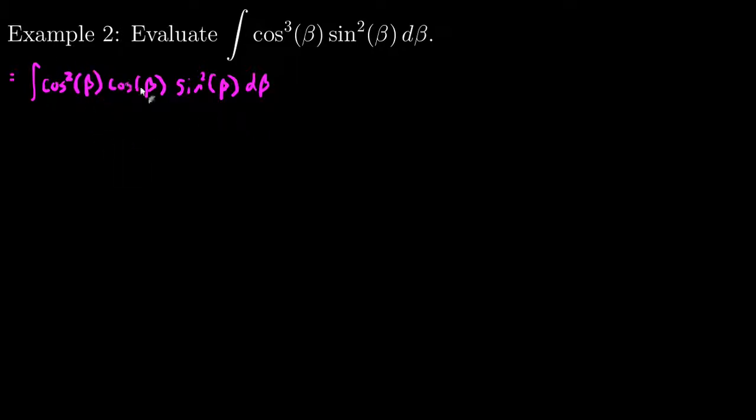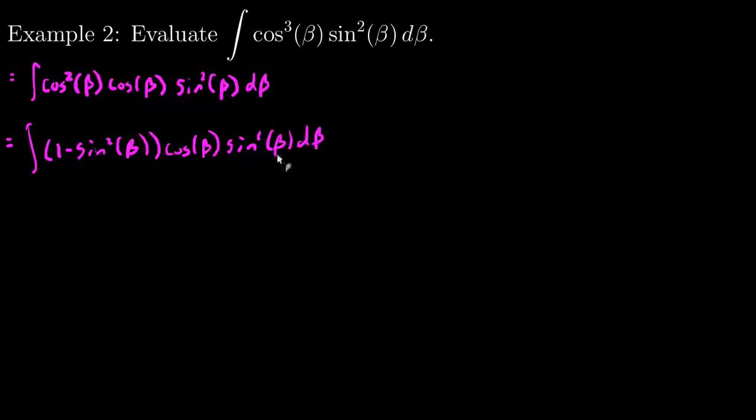And again, I'm going to skip some of these steps now. We saw it all shown out in the previous. So cosine squared is the same as 1 minus sine squared. And I have cosine beta times sine squared beta d beta. And now, same thing. If I let u equal sine of beta,